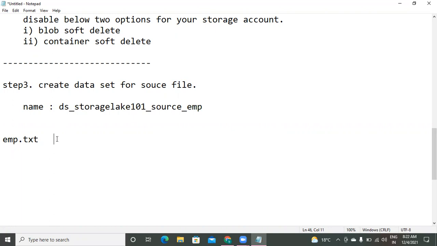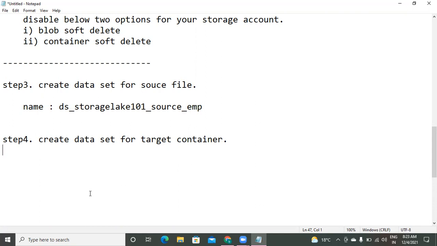Okay, now my step 3 is successful. And step 4, create a data set for the target container. I want to copy this file from the source to the target container. Why copy?